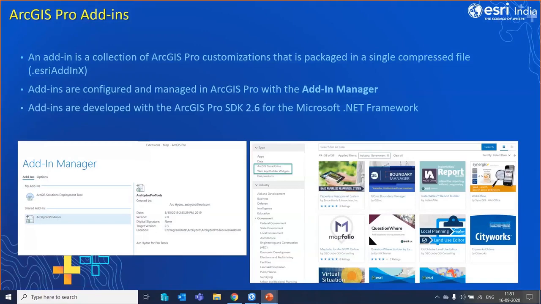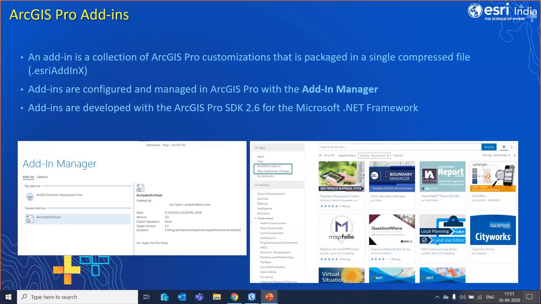We have others like Locate XT, where you can convert unstructured data and extract geographic coordinates from it. There are so many tools available with ArcGIS. In case you want to expand the analysis, you can create your own code, develop an add-in, and deploy it on top of ArcGIS Pro.